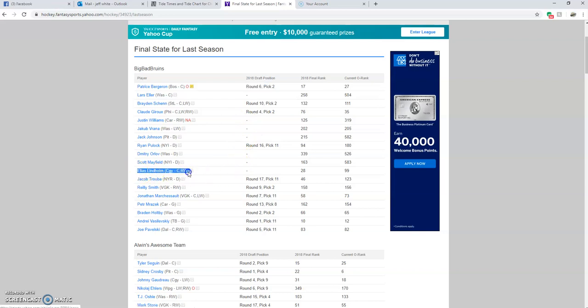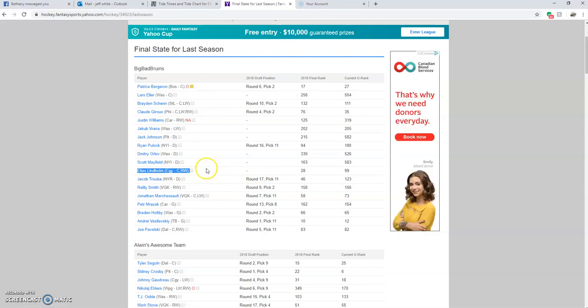Lindholm is a no-brainer. I get him last, 17th round. He was undrafted last year. He had a great year, one of my top players. So that's a no-brainer for me. Trouba, possibly, but most likely I'll end up